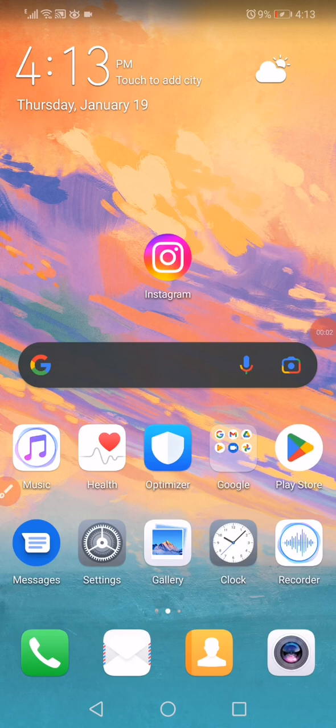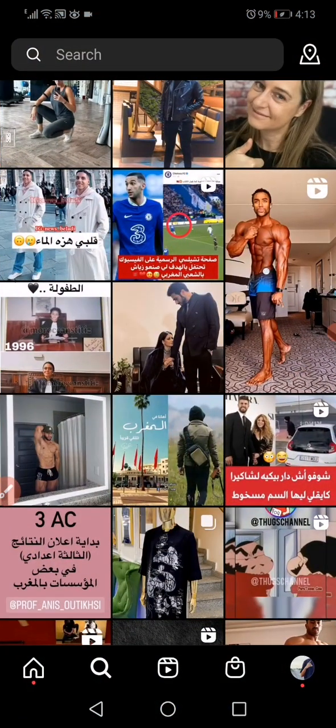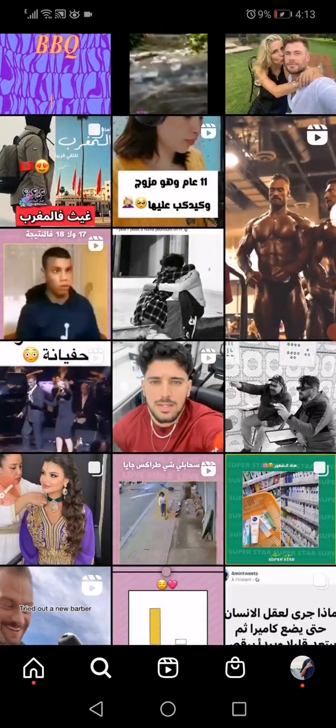How to reset Instagram Explore page. Hello guys, in today's short tutorial I'm going to show you 3 ways to fix this problem. So the first thing you want to do is go to the Instagram, go to the Explore page, and then